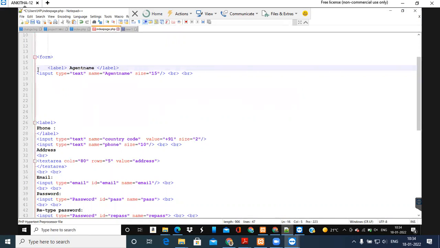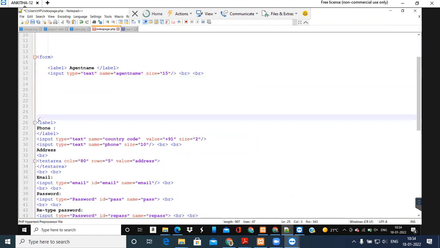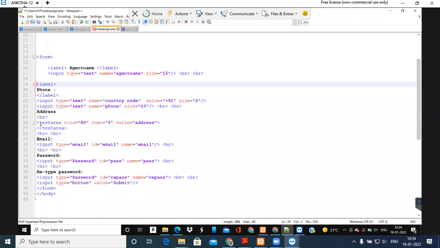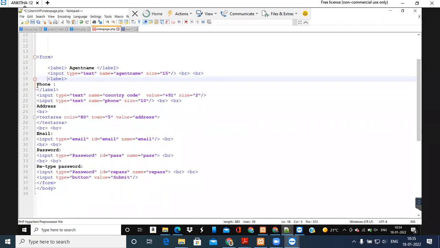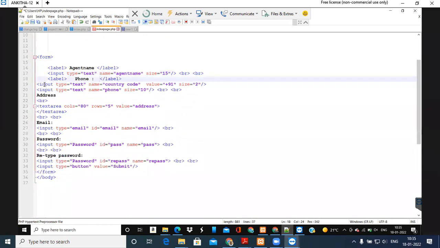Okay, here she created one form and for that form she named the first field agent name. Input type text and then agent name. Okay, so don't type it in small letters. Age and name, and then she fixed some size for that particular input field. By default, it will accept 20 characters, but you can limit that also. You can limit it to 10. If you want to make it 10, then you can use size and fix it. And then we have another attribute, max length. By using that also, you can limit the number of characters.